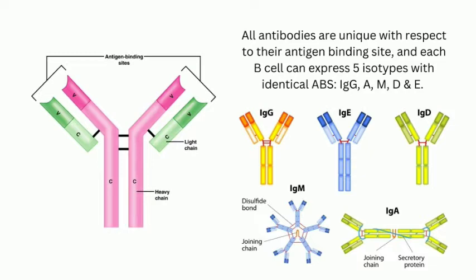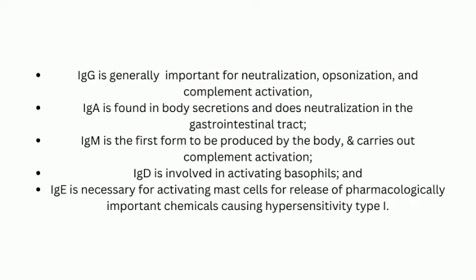While they may have overlapping roles, IgG is generally important for neutralization, opsonization, and complement activation. IgA is found in body secretions and does neutralization in the gastrointestinal tract. IgM is the first antibody to be produced in the body and carries out complement activation. IgD is involved in activating basophils, and IgE is necessary for activating mast cells for release of pharmacologically important chemicals